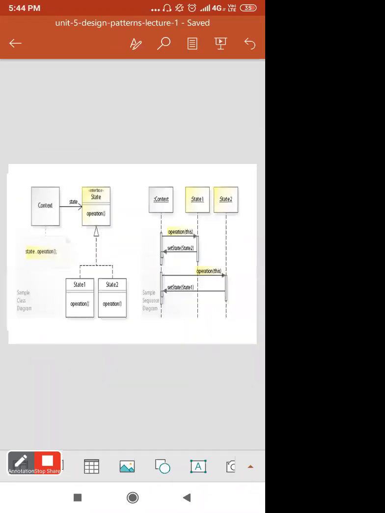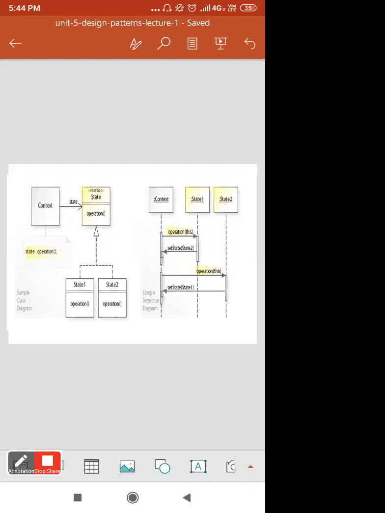Next, the same concept is given with different UML diagrams, a class diagram and a sequence diagram. As the context changes, it can be handled by different operations, and different operations are described in different states.